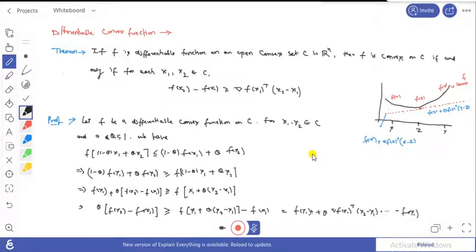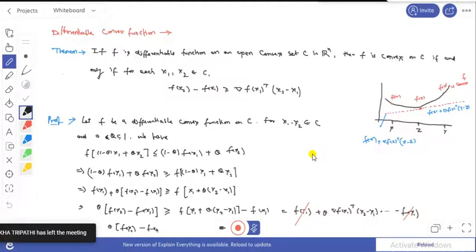Okay, so here this f(x1) and this f(x1) are cancelled out, so you may rewrite this as theta of f(x2) minus f(x1). And this term is greater than or equal to, plus some additional terms here,